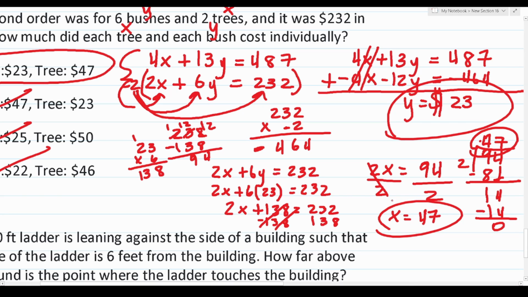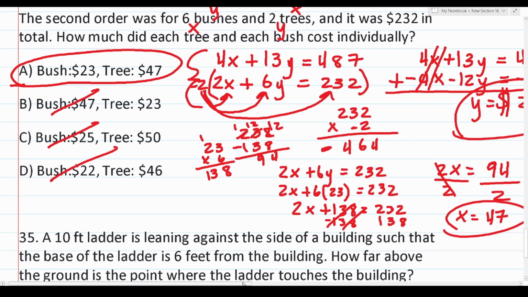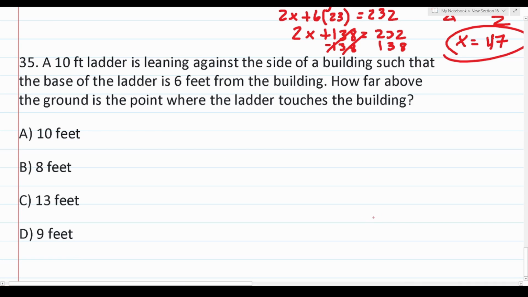In other words, the cost of each tree is $47, whereas the cost of each bush is $23. And as we can see, that does in fact match what A says there. So that's that one. All right, number 35 says a 10-foot ladder is leaning against the side of a building